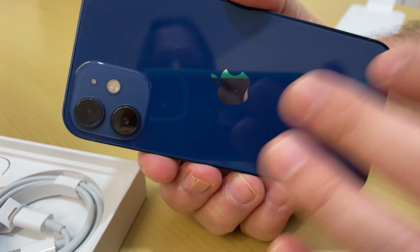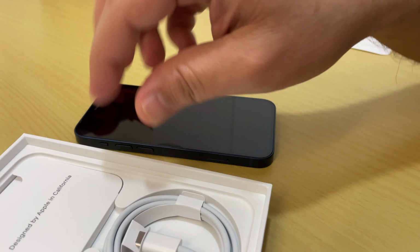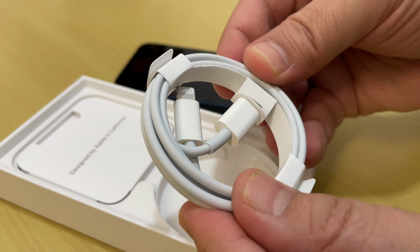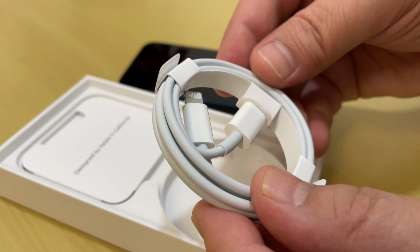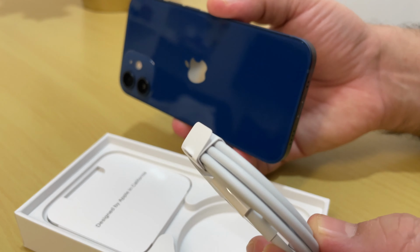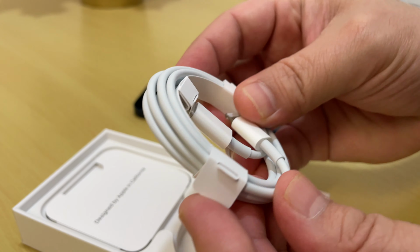with fast battery charging and wireless charging, of course. And it comes with the USB cable. You can use your previous iPhone power socket, or you can buy a power socket, or either you can charge wirelessly with wireless charging. And this is the cable,